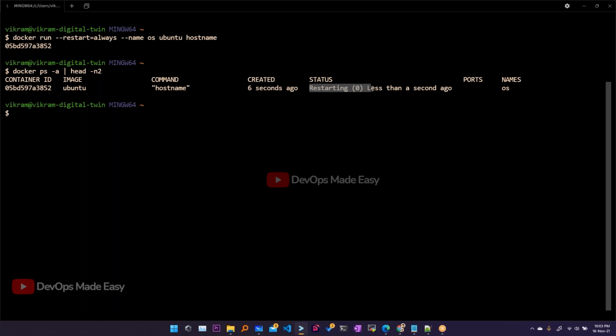This is basically like a boot process, right? It is not a boot process. The container will come to the running state again because I used restart as always.